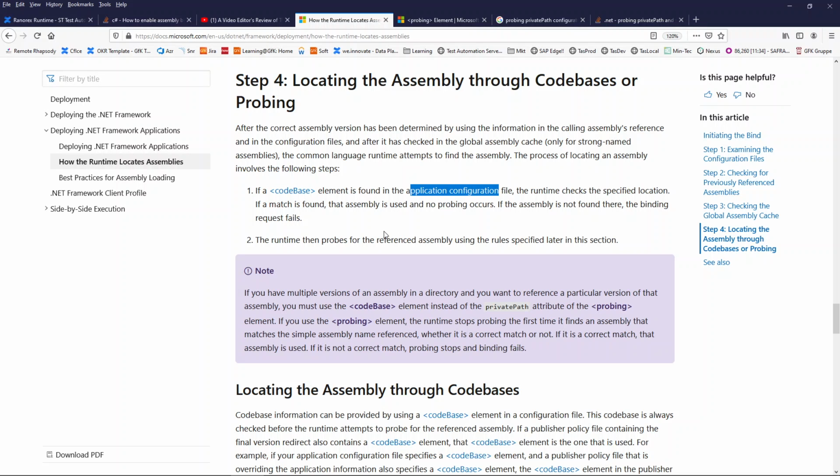The problem with this is that if the assembly is not found, the binding request fails, so it stops directly.